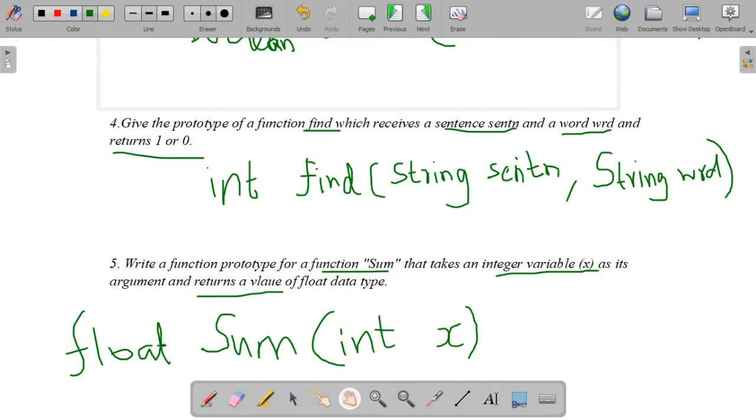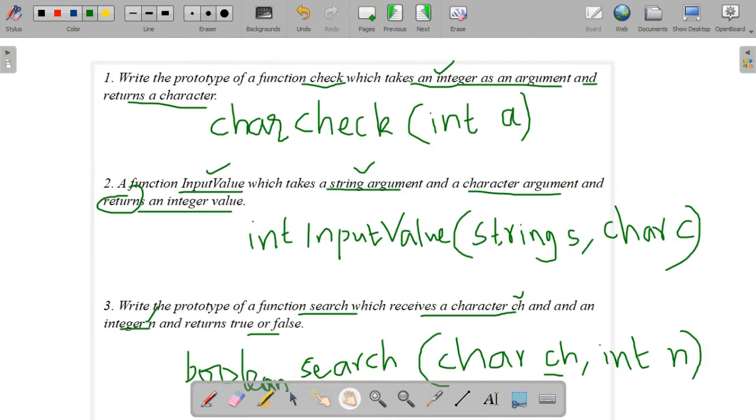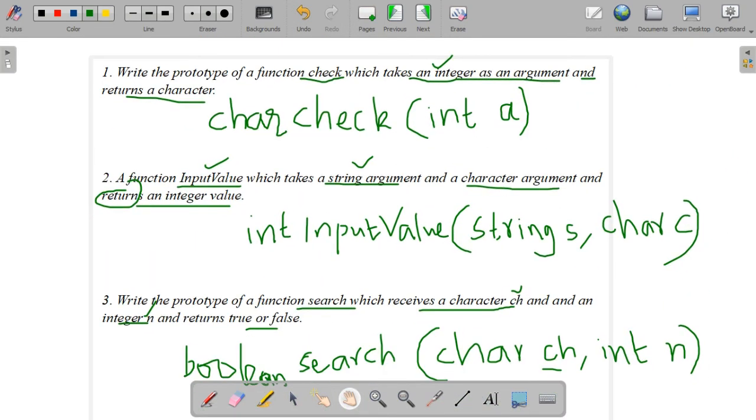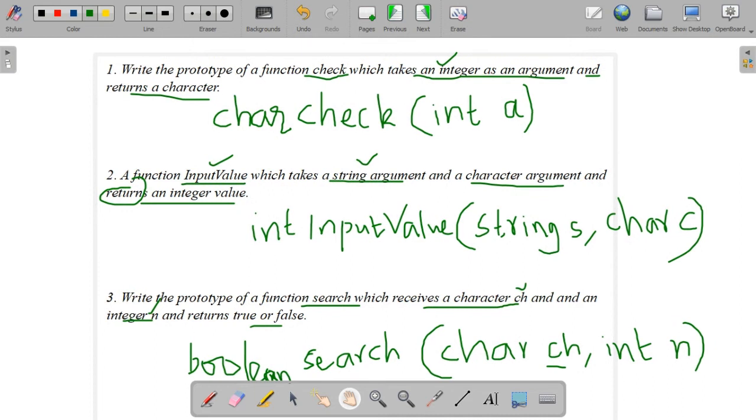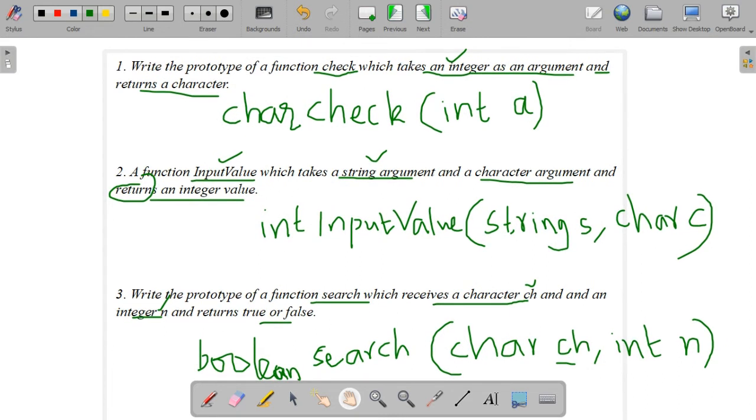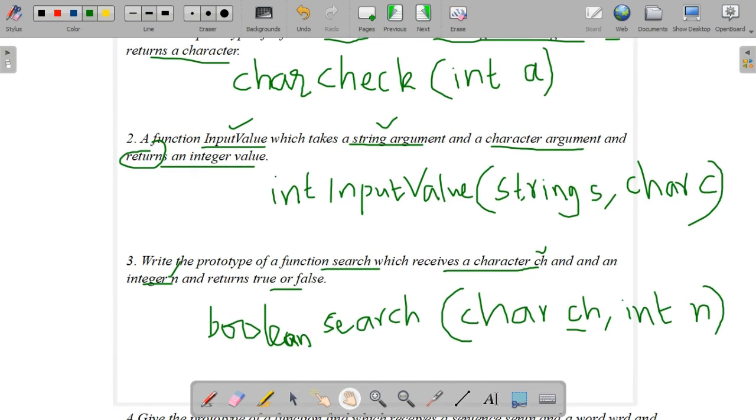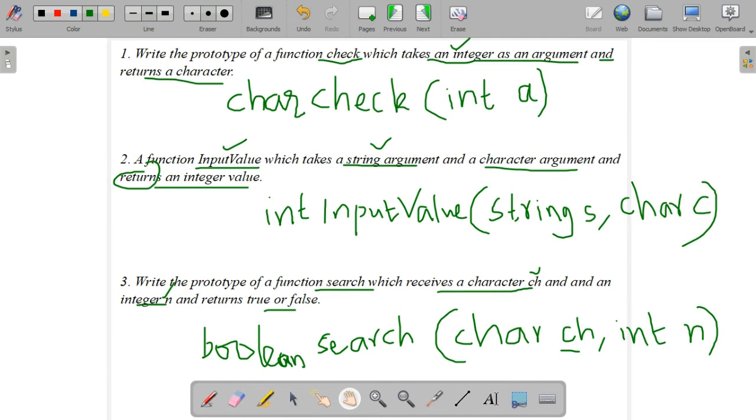These types of questions are sure questions you will get as 2 mark questions. You will get 2 to 4 marks of such questions in the board exam. So please understand the concept and write it properly. Read the question properly before writing. If it takes an argument, we have to pass that argument inside the parenthesis. Then if it returns a character or returns a value, you have to consider that as the return type of the method.